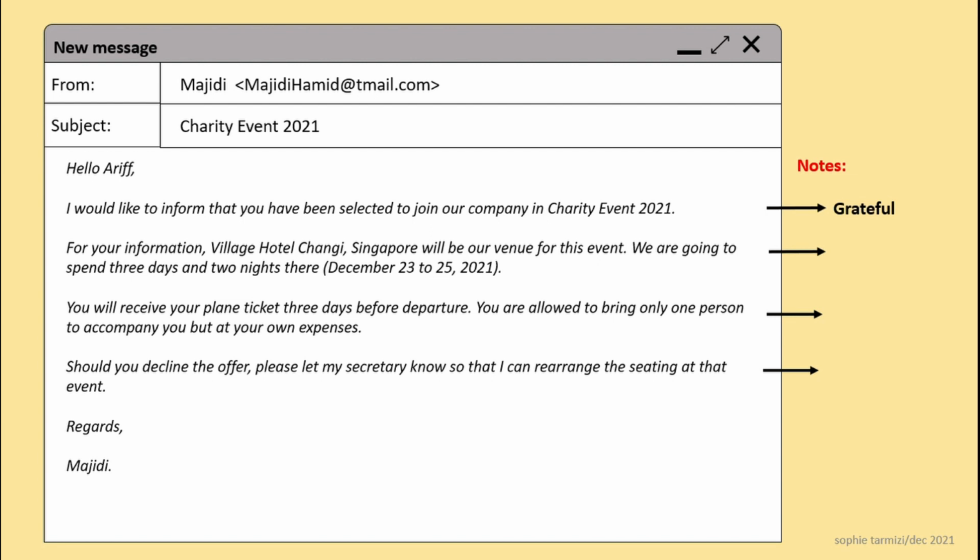For your information, Village Hotel Changi, Singapore will be our venue for this event. We are going to spend 3 days and 2 nights there, December 23rd to 25th, 2021. You will receive your plane ticket 3 days before departure.